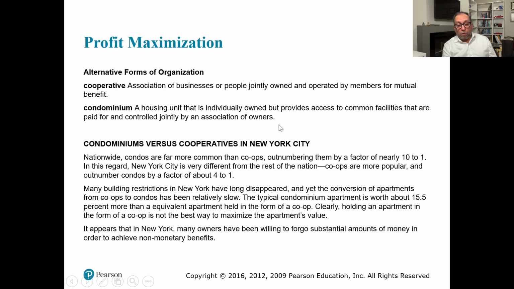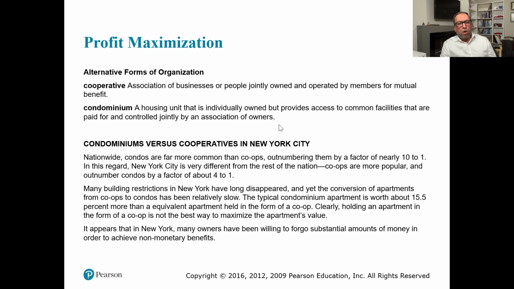The other form of business that can exist, other than a competitive firm operating in a competitive market, is a cooperative. But the cooperative has a very limited scope, in the sense that its objective is to serve the members of the cooperative. It's not necessary that they are doing it for profit. So a cooperative is an association of businesses or people, jointly owned and operated by members for mutual benefit. Now the question arises that in many parts of the world, and especially New York,